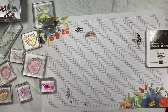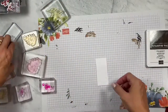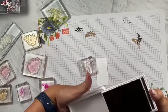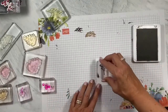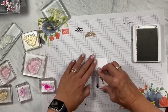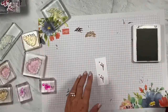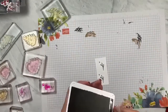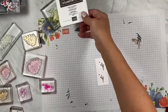So there are actually two different ways to create, let's call it, twigs with berries. I saved myself a little piece of paper so I could show you. So you have this twig stamp. And here it is. So I'm going to make two of them, and then I'll show you what your options are. You might not be able to make two on here. I might have grabbed too small of a piece of paper. All right. Well, we'll go like that and see how we end up. So it's just twigs, and clearly there's spacing that coordinates with another stamp. I thought it only coordinated with the holly berries,